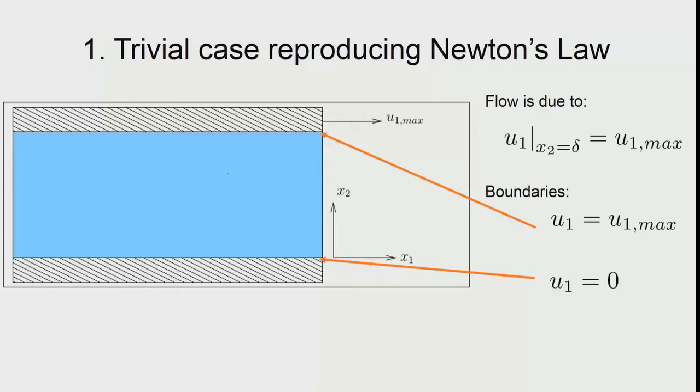At the top wall we have a no slip condition with a moving wall. So, the velocity at the top surface would be the same as that of the wall, and at the bottom we have a no slip condition for a stationary wall, so the velocity is equal to 0 at the bottom. So, in this case, what we always do for many of these problems is as follows.